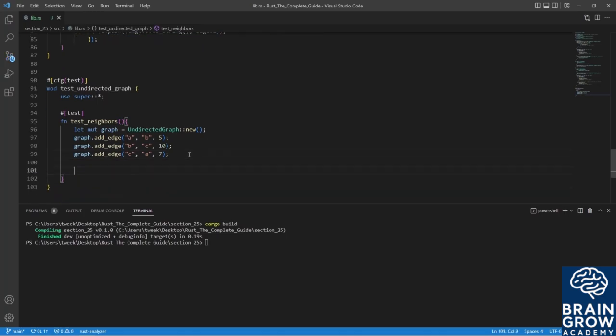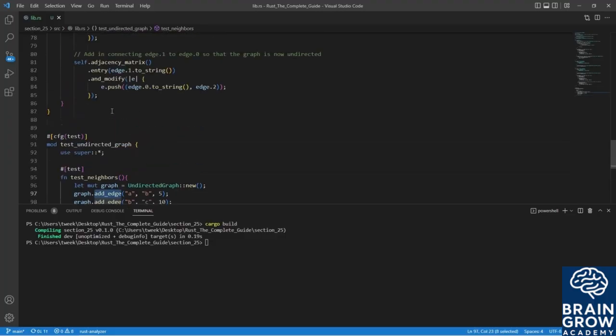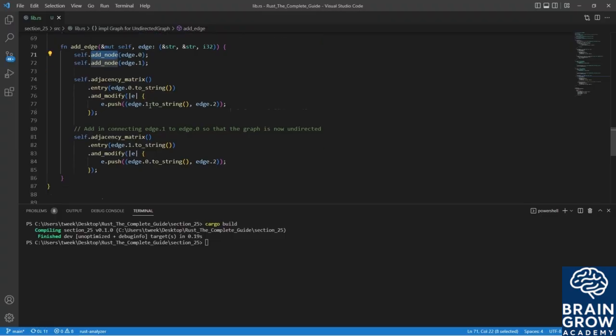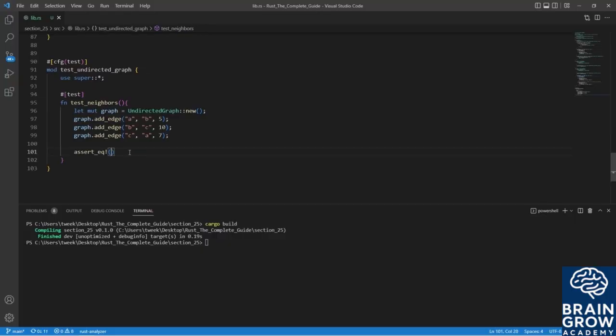Alright. So now we can assert equals. And with us doing add edge, if we look at add edge, we're actually testing out add node as well. So this covers all of our methods that we created. So we want to assert equals that our graph.neighbors of A, and we want to unwrap the value, that way we can look inside,